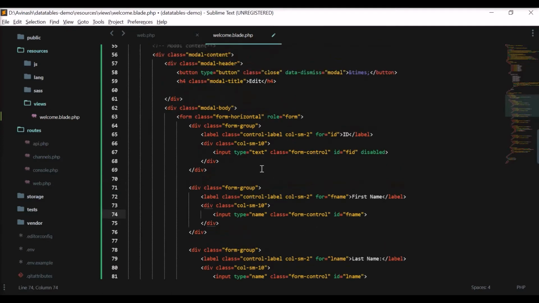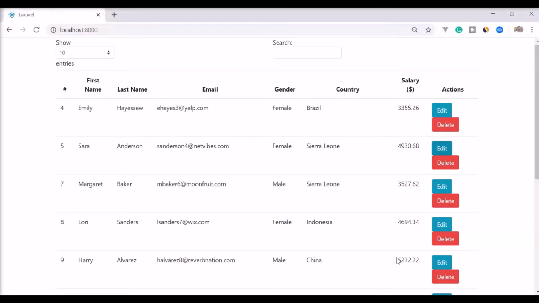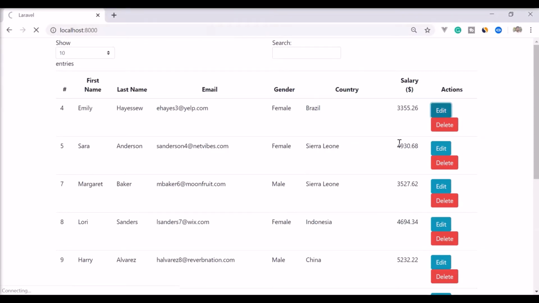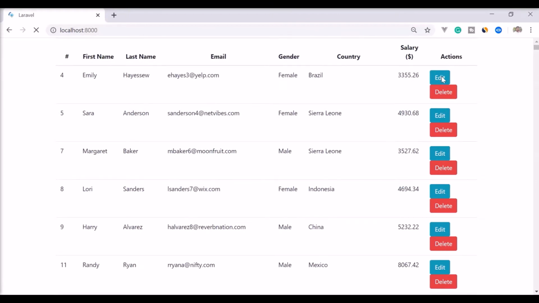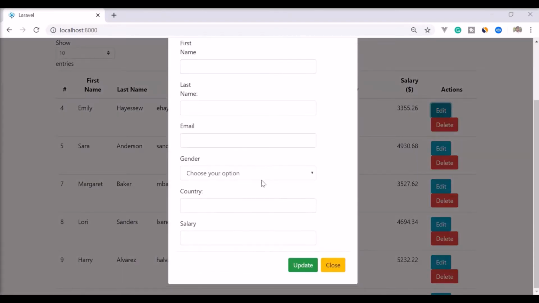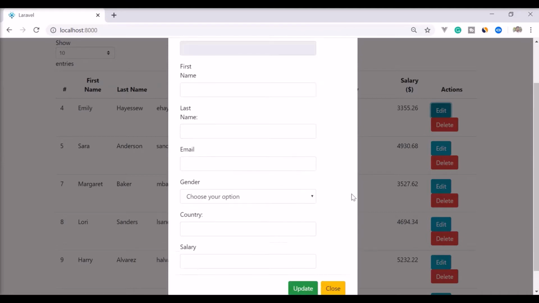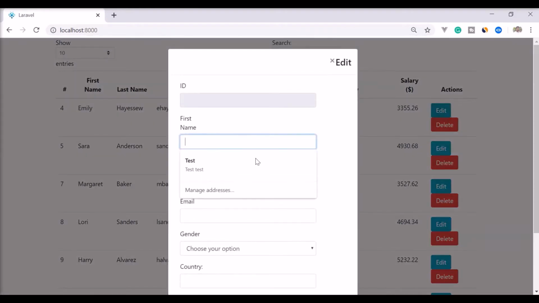So this is the basic form, and I have disabled this because we don't need to edit the ID, it will be the same. Let me save this, go to the browser, refresh. So I will refresh this page and we should see a modal when I click on the edit button of any of these rows. So I click edit, you see the modal is popping up with update and close, but now we need to show the data